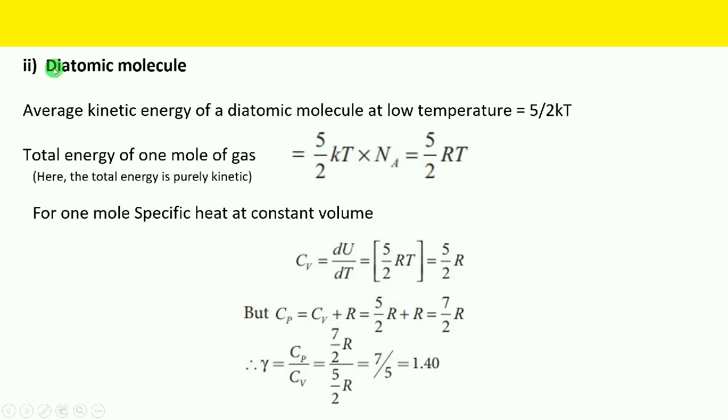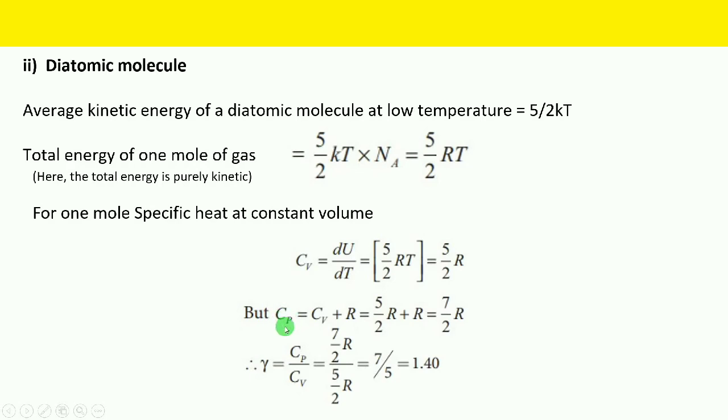Same if you are repeating for a diatomic gas. For a diatomic gas, you can directly define internal energy as 5 by 2 RT. Skipping this step, we can directly write 5 by 2 RT as internal energy. Again you will define specific heat at constant volume, that is Cv is equal to du by dt. So d by dt of 5 by 2 RT. Again 5 by 2 R you will take common, dT by dT will become 1.